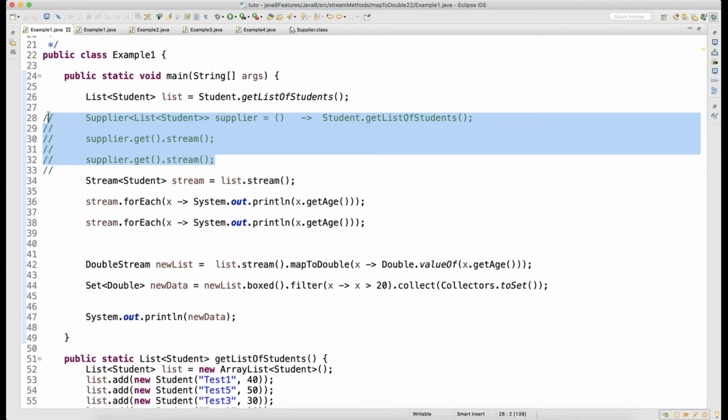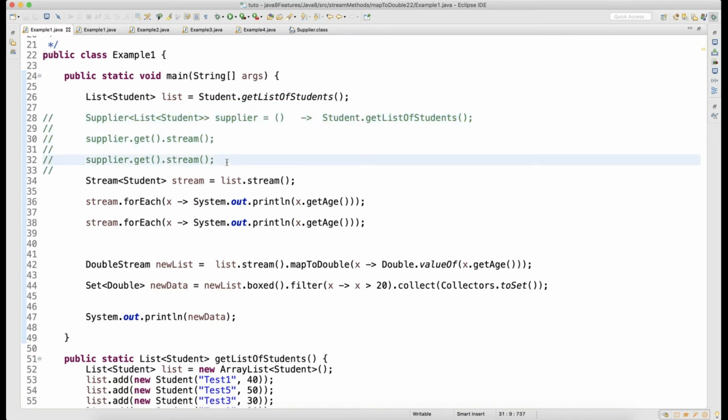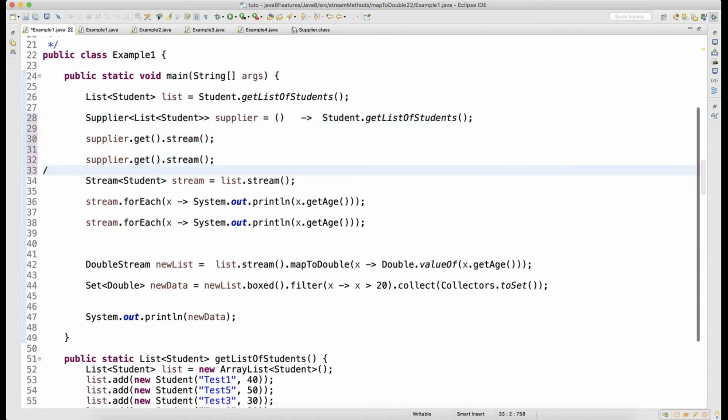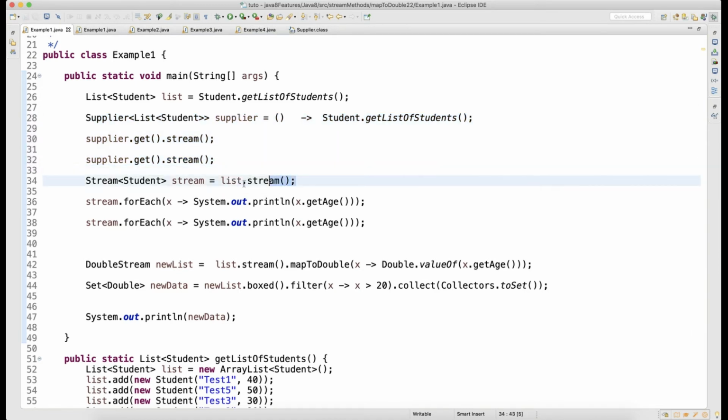Now let's make use of the supplier, and see whether the supplier will help here or not. So now I have this list of a stream. For this stream, I will write one supplier. I will just wrap this into a supplier.